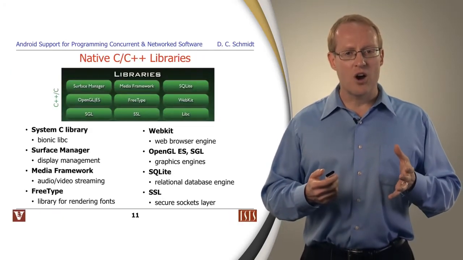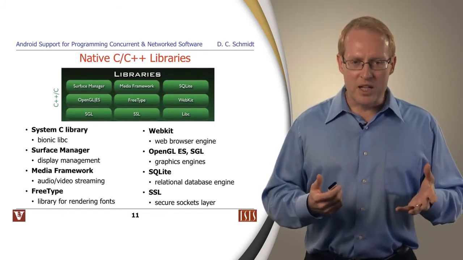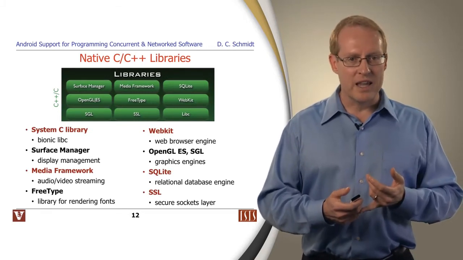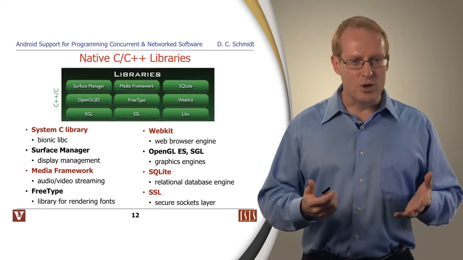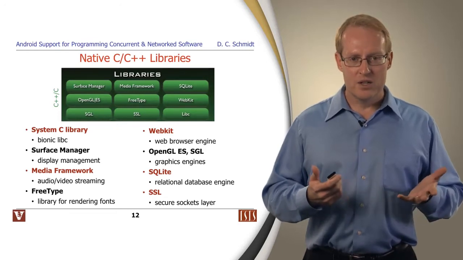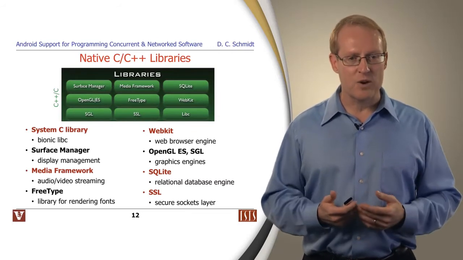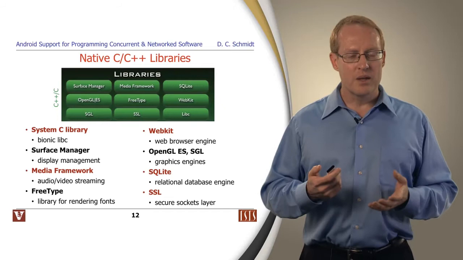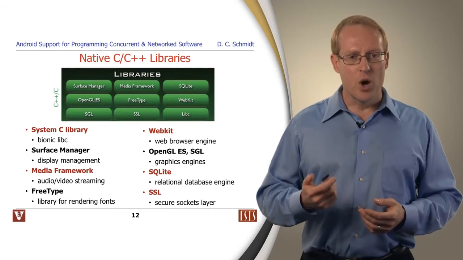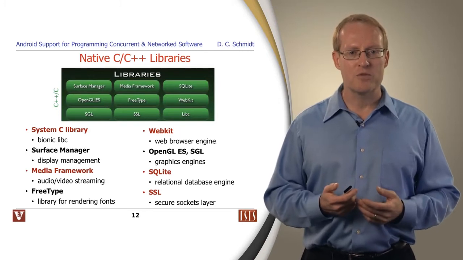The next set of layers are called native C and C++ libraries. These are, as you can imagine, typically optimized for performance. The idea of writing things at this layer are to make sure that you minimize latency, maximize throughput, try to conserve resources as much as possible, things like memory and so on. Some things that are provided here, of course, would be the standard C library, which you would use if you were writing native services and native system services for Android. Also available are some multimedia frameworks for audio-video streaming, where performance is very important. There's an open source WebKit browser environment, a browser engine that's widely used on many mobile platforms for the browser